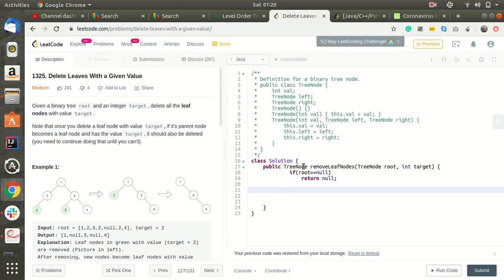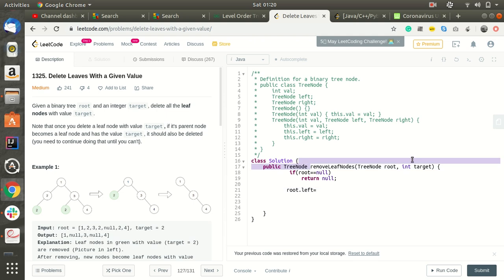So first thing we'll do is call it for the post order traversal. What we'll do is root dot left will be equal to this,